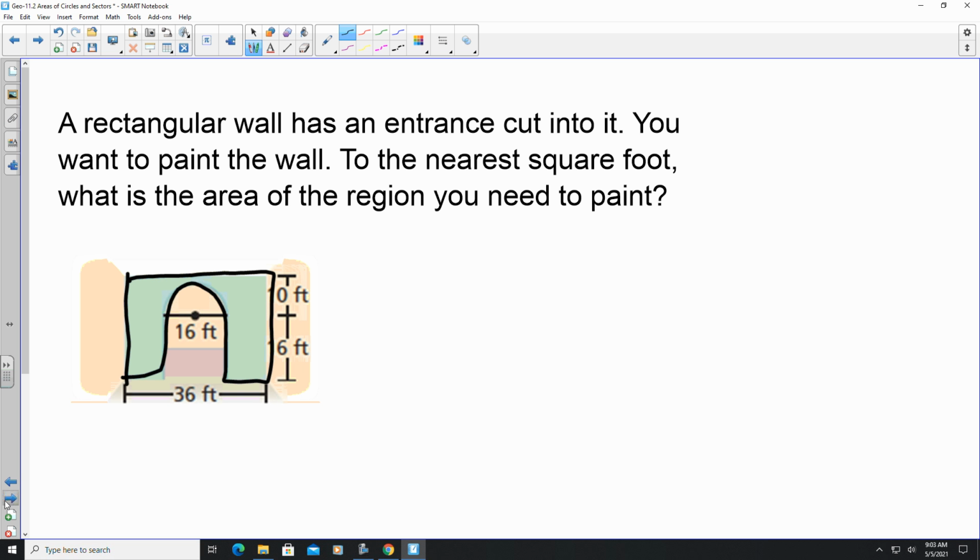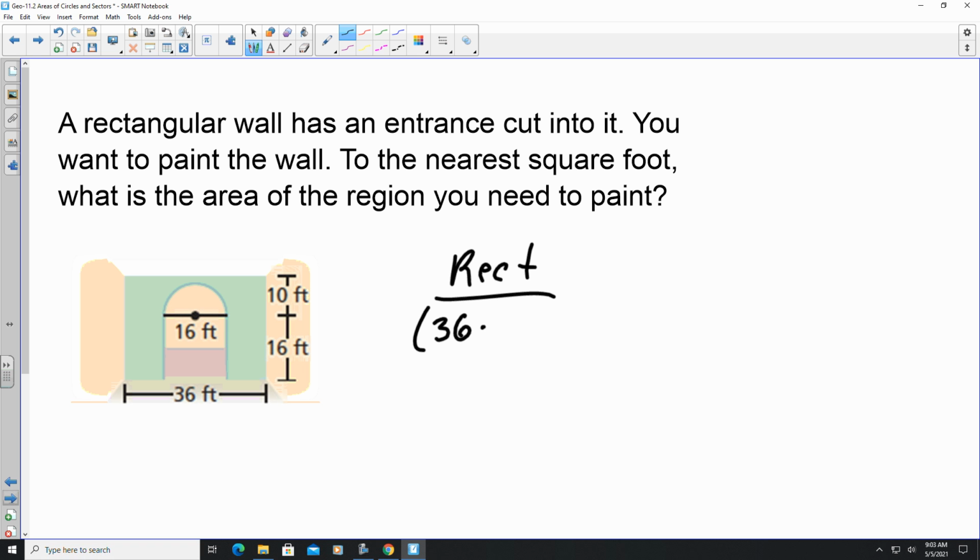So what you're going to do is, first thing, you're going to try to find this whole area here, which happens to be a rectangle. So the rectangle portion is length times width, so it's going to be 36 times 16 plus 10, which is 26. And then we're going to subtract this portion right here, which, well, actually, that would be a square in this particular instance because this is 16. So you got 16 times 16